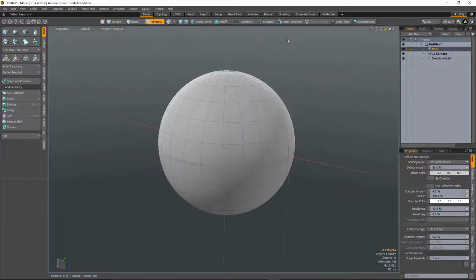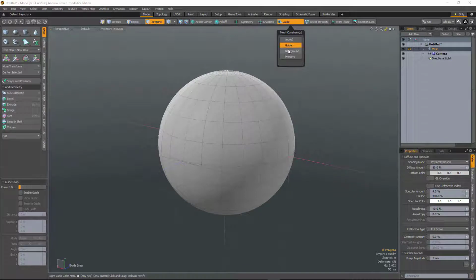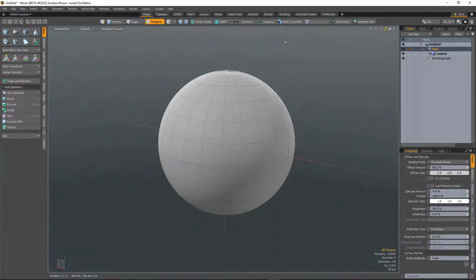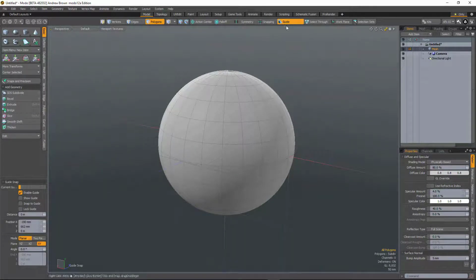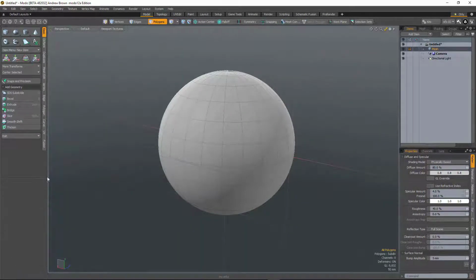If you want a different type of constraint, you can hold down Alt, bring up Options, and then choose a different one, maybe Guide. And then when you turn that off and then back on again, Guide is now the default, so it remembers whatever the last one you used was. So another reason for doing this is just to make it more obvious that you have actually got a background constraint active